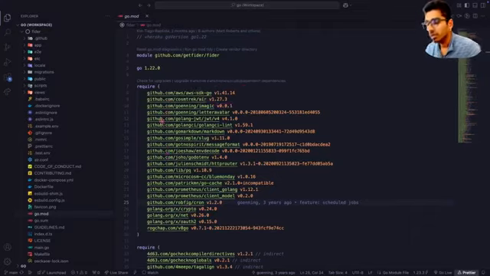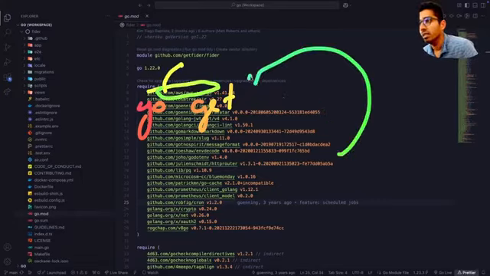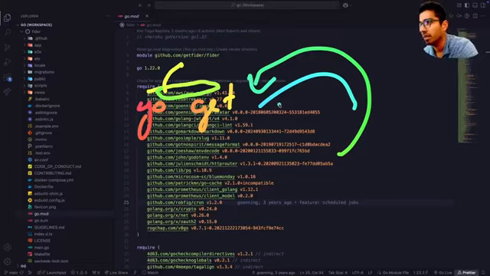So when we run this command called go get and the package name, for example, we run go get github.com/aws/aws-sdk-go. When we run this command, it appends that package in the go.mod file with the version number, with the latest version number, or if you specify a version number, it appends with that version number in the go.mod file, so that the next time we share our code in the hosting provider and someone else in our team, they fetch the code, they clone the repo in their local, and they can run the command go mod